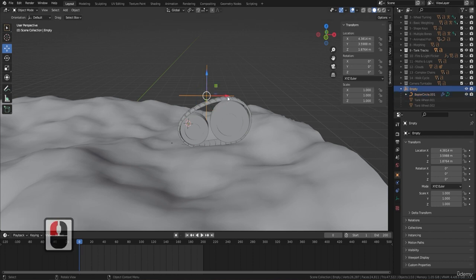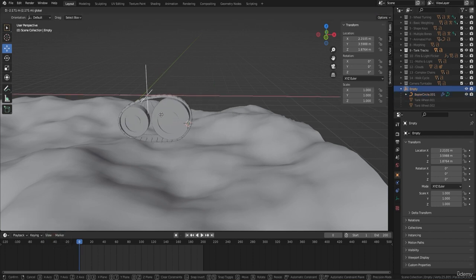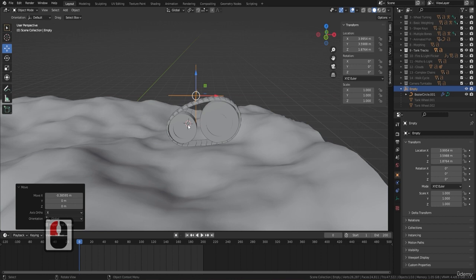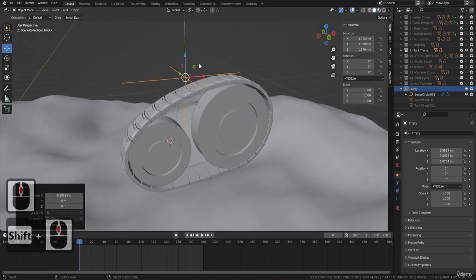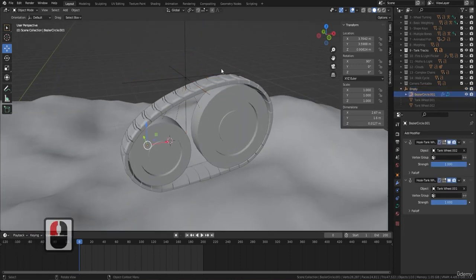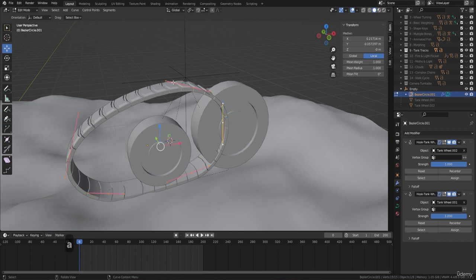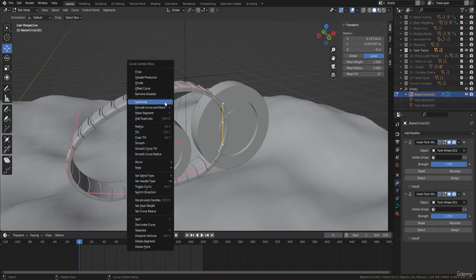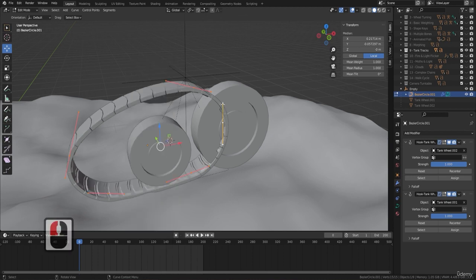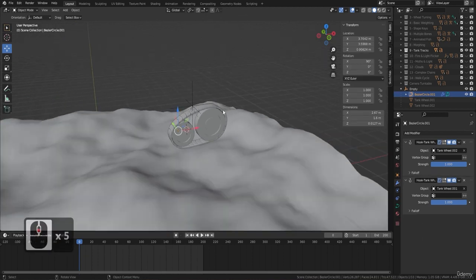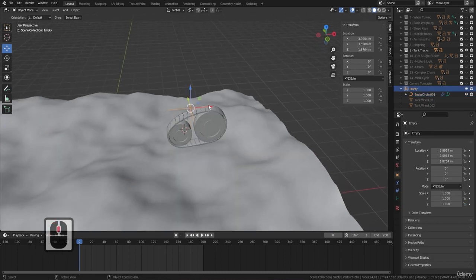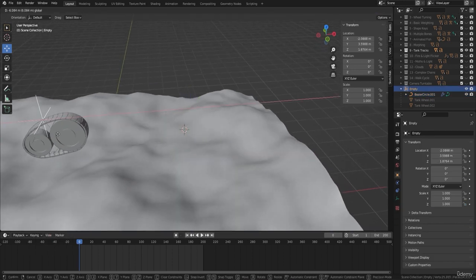So now if I come to my curve and I move it, you will see that we've got tank tracks that actually move up and down. Now the problem we can see is they're moving the wrong way, and that's not something that we want. So what I want to do now is go into my curve, press Tab, press A, and then all I'm going to do is right click, and if you come down there's one which says switch direction. So just click that on, switch direction, press the Tab button,